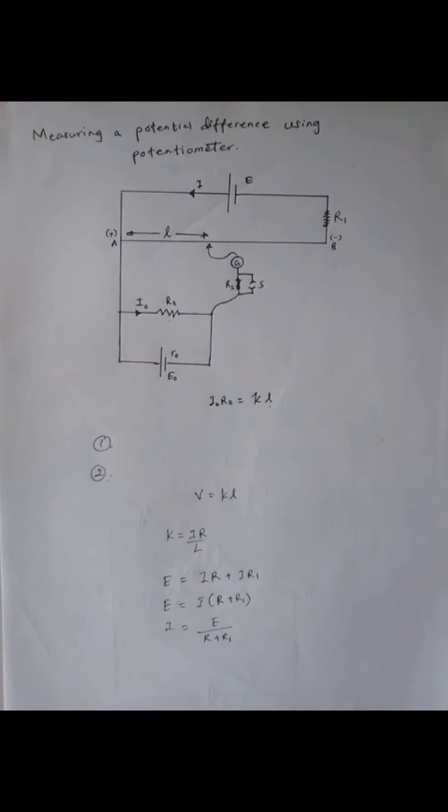And the disadvantages are we can't directly obtain the value, because we have to find the balance length and do some calculations to find the value. And also, since it takes some time to take the reading with the potentiometer, we can't use it to find potentials which are gradually changing with time. And since the potentiometer consists of many parts, it's difficult to use and take to another place compared with the voltmeter.